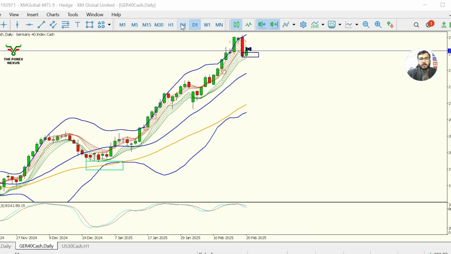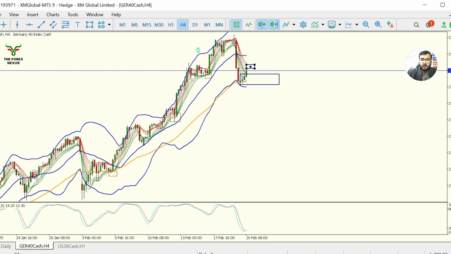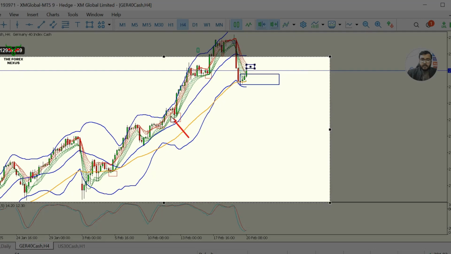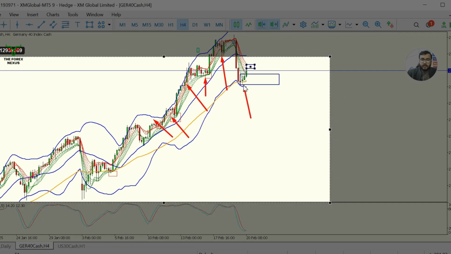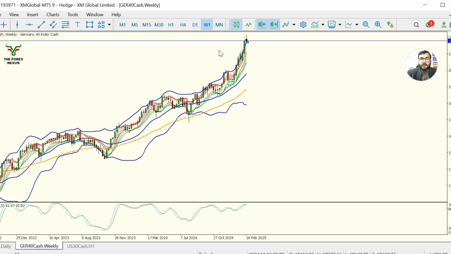If we look closely at the H4 time frame, on H4 we got re-entries, many re-entries, okay, many re-entries for buy. Now it's time for daily, and the market still needs to make a weekly re-entry, because